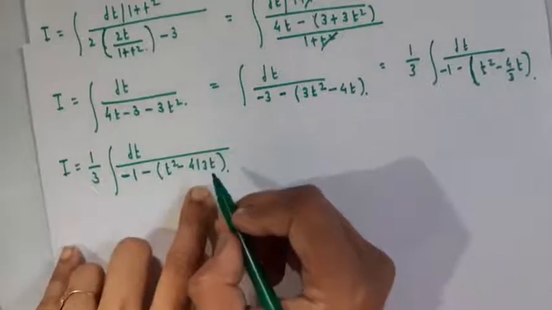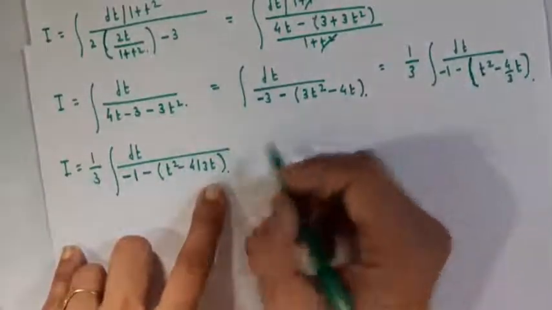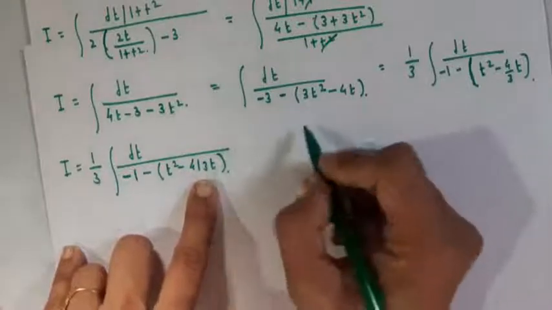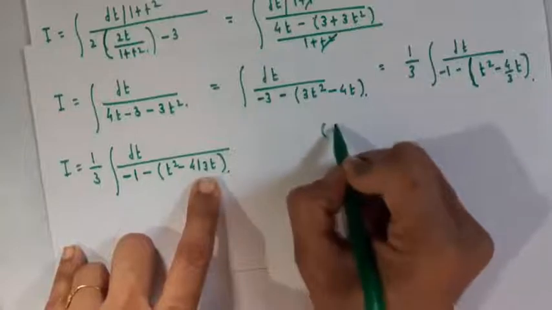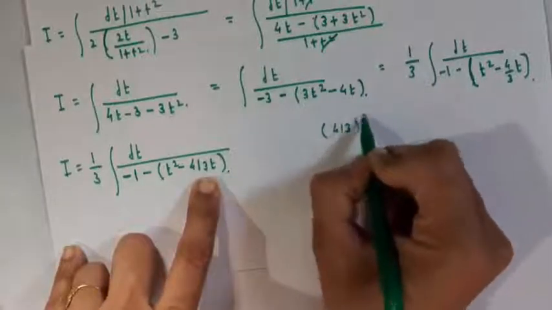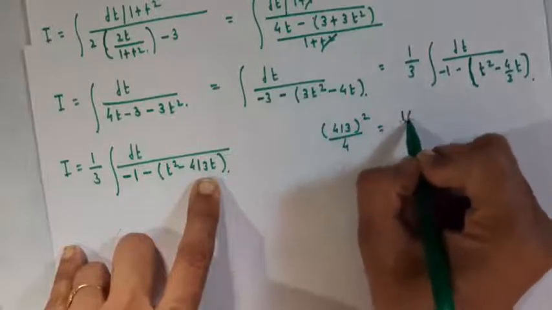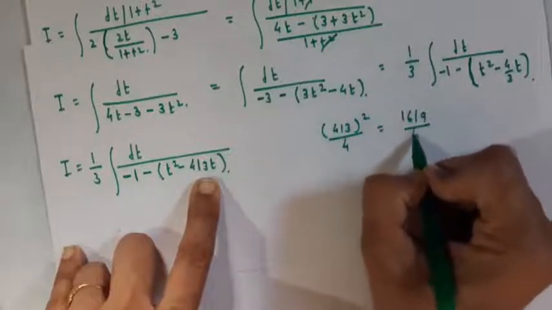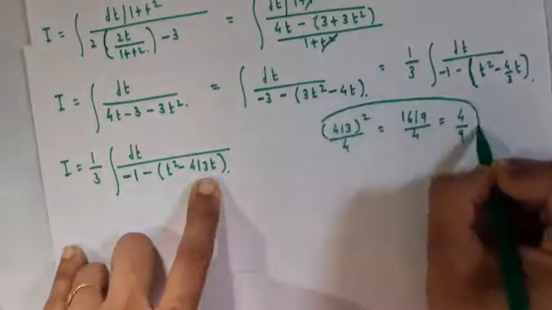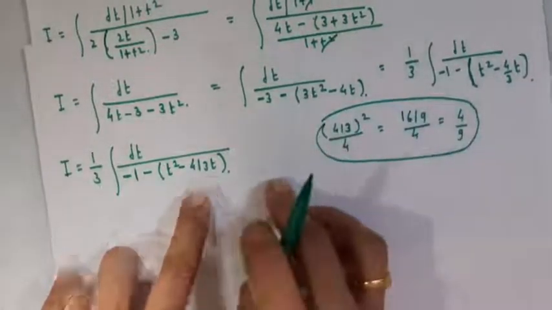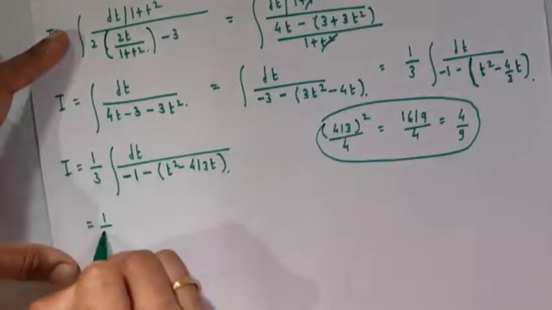Therefore, by using the formula b by a whole square upon 4, that is 4 by 3 whole square upon 4, and that is equal to 16 by 9 divided by 4, we have to adjust the term 4 by 9. Okay, and this is equal to